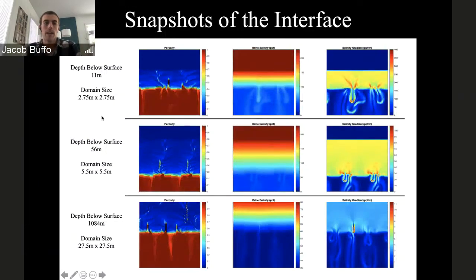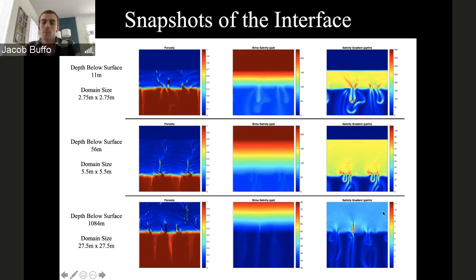They look at a snapshot of these environments as that's happening, zooming in at this boundary layer. The rows are going to be at different depths in that simulation as things were getting frozen out. The left column is the liquid fraction, what we were just talking about. The center is the brine salinity, so how saline the brine is in these different regions. And the right column is the salinity gradient, which is the change in